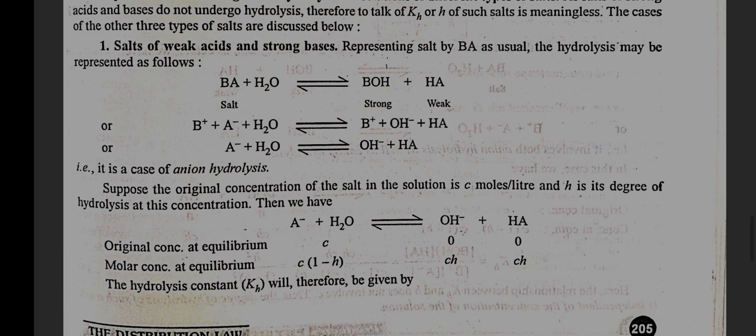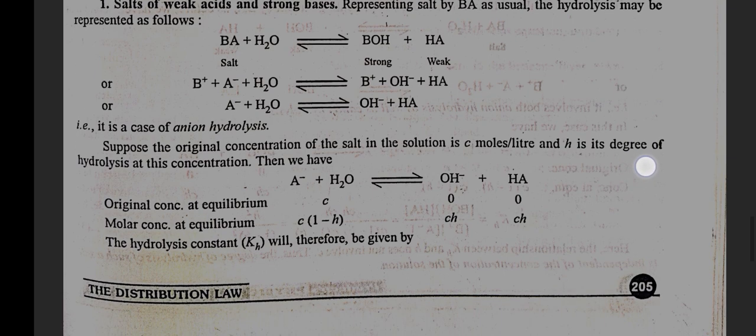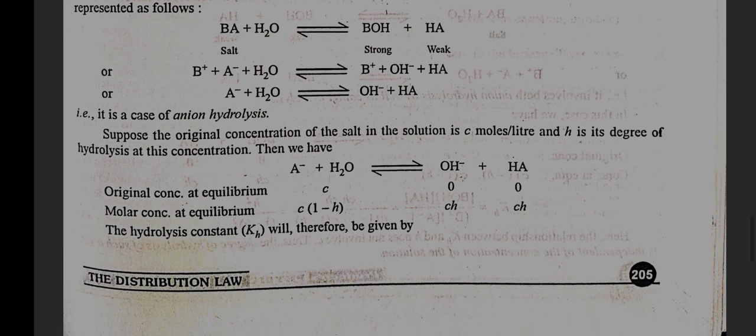It is the case of anion hydrolysis. Suppose the original concentration of the salt in the solution is C moles per liter and h is its degree of hydrolysis at this concentration. Then we have A minus plus H2O tends to OH minus plus HA. Original concentration C, 0. Molar concentration at equilibrium C into (1 minus h), Ch. The hydrolysis constant KH will therefore be given by